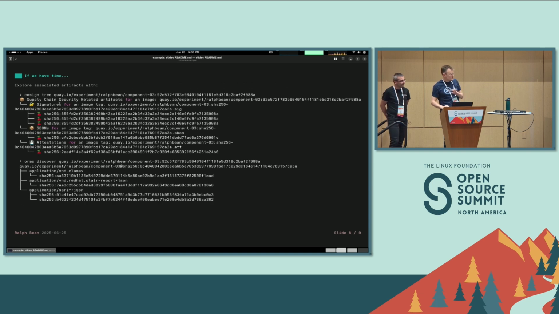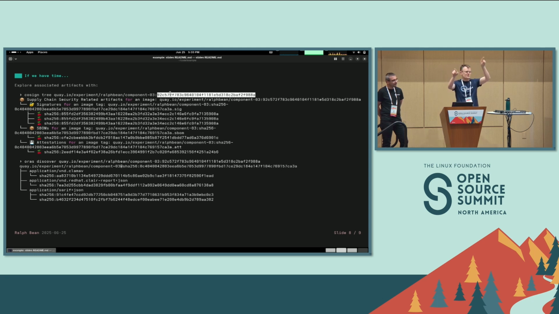These are commands I won't switch over and run, but are really cool. If you've never tried the cosign tree command, I find it the most useful introduction to the beginning. If you're just learning about attestations and this whole secure supply chain stack, cosign tree will look at a particular artifact. Here, this quay.io experiment Ralph Bean component 3 in this tag. That's one of the builds that came out of component 3. You can inspect it with cosign tree to find the associated and related